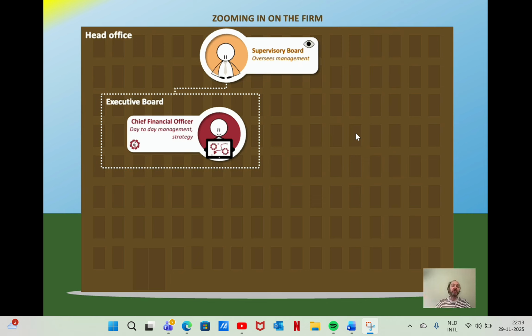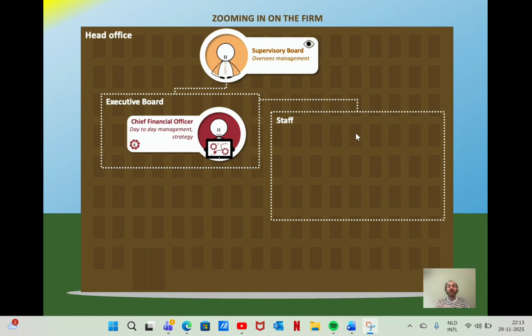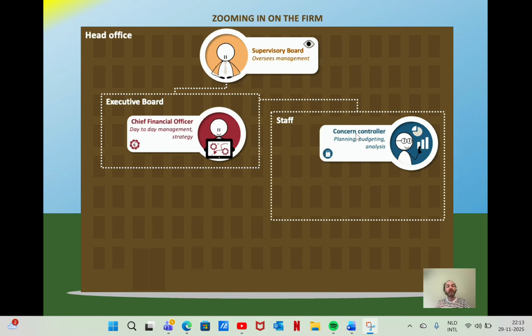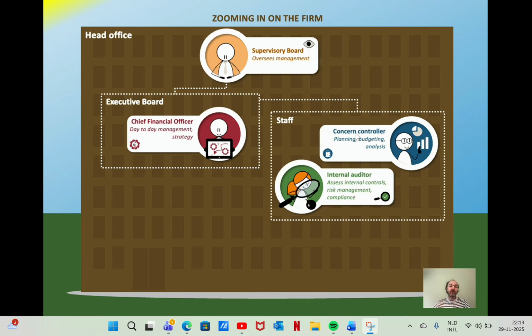Of course, there's also the CEO, the chief executive officer, and here's the chief financial officer, but there might be a chief operating officer as well, or a chief information officer is a role you see nowadays more often. So those are there. And there's also the staff, and within the staff there's different roles. So you can have a concern controller and also an internal auditor. And the concern controller is the central control function, who also sometimes manages all the other controllers at the different